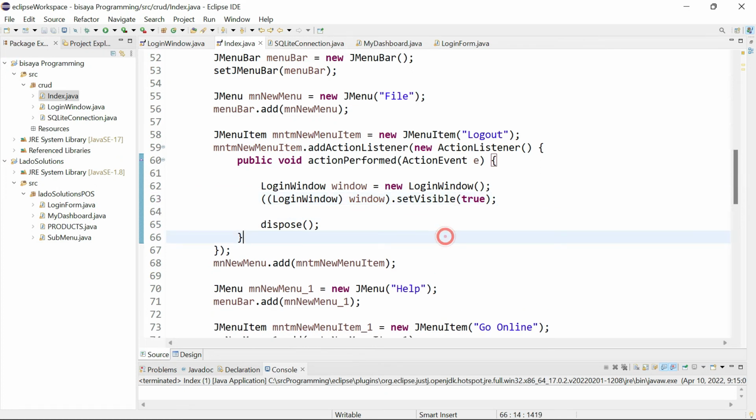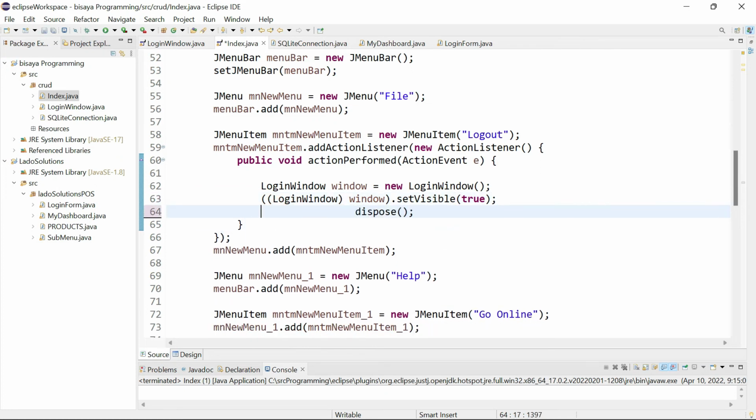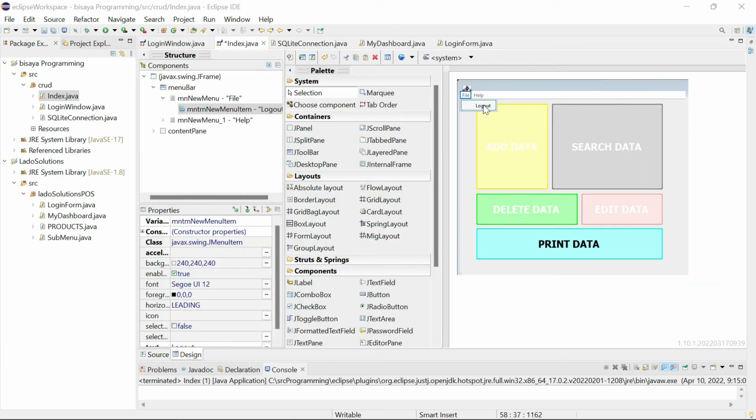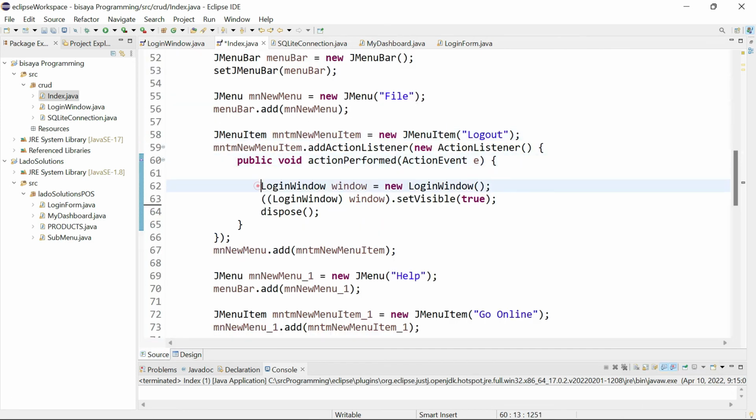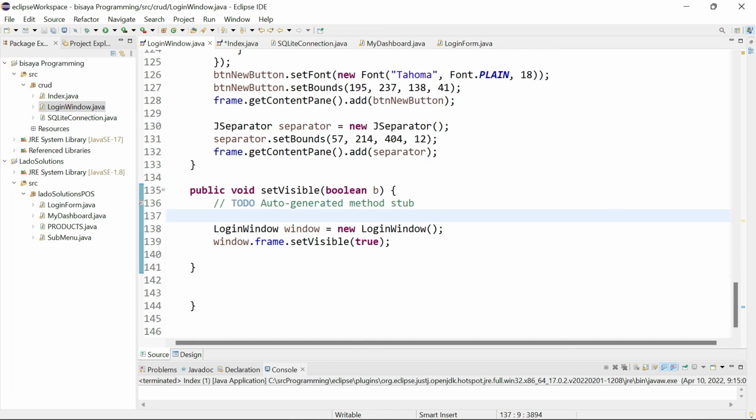Once daw nga maklik nato ang logout sa ato ang menu, muna siya mahitabo. Yang basahon ng code na login window is login window is equals to new login window. Function din ni login window set visible and so on. So the use for this one is to have the boolean. This is auto-generated lang itong gikinito ganiha. So once i-test ni nato,